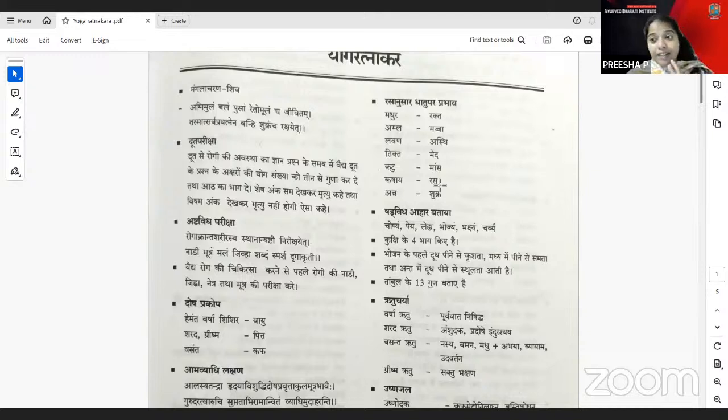The Shadvidha Ahara concept is first told by which Acharya, like that the question can be asked there. The Rutucharya, when we consider the Varsha Ritu is there. Varsha Ritu is the Purvavat Nishiddha, and the Grishma Ritu is the Saktu Bhakshana there. So mainly, when you consider the food innovations, I think the Sattu is widely explained there. So different types of Sattu.